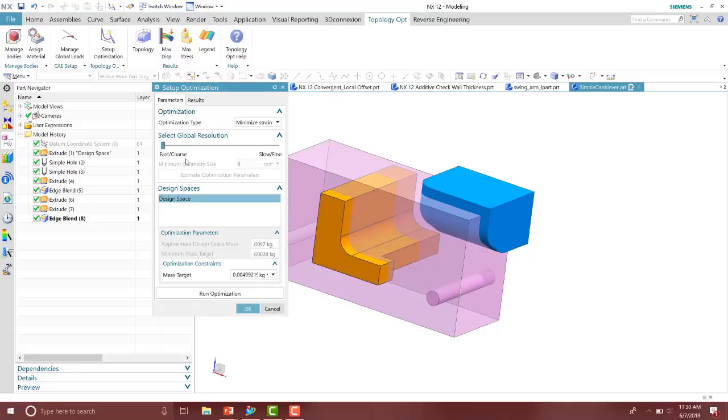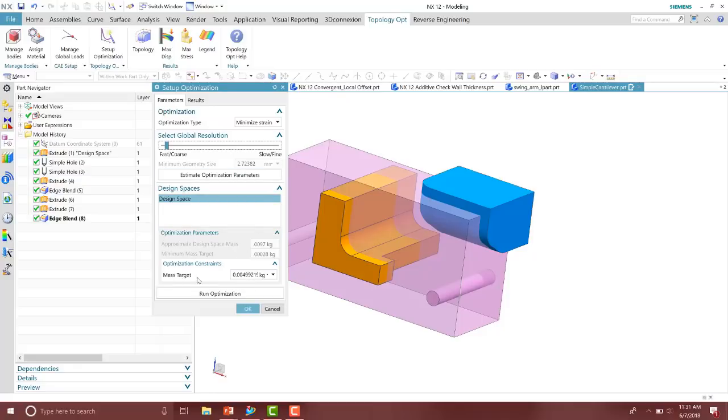set. Now with this slider bar, you're going to notice it says fast / coarse or slow and fine. So if you want the optimization to be a little faster and not as exact, in the case that it might remove more material, you could leave it more towards the left. If you slide it more towards the right, notice the minimum geometry size is going down. So I'm going to go ahead and, for this demonstration case, leave it more towards the left